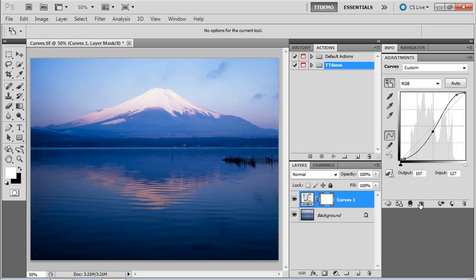The Curves tool is really phenomenal, and it allows you to do very, very precise editing. Again, the difference between working with the Levels tool was in Levels, we were setting values to maximum white and maximum black. With the Curves tool, it's very easy to retain detail in the shadows and highlights. We can set them darker and lighter respectively, but we don't have to map them to maximum white or to maximum black. So when you go to make a print of this file, you have access to the full range of detail in the image, from your shadows all the way